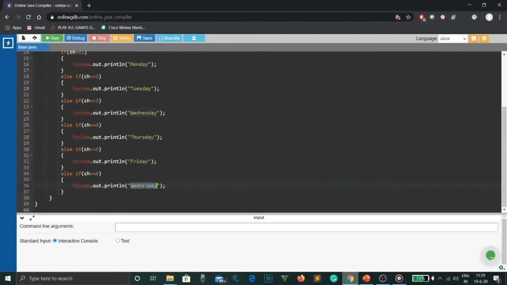So for example, if you're taking a user input, then we can always write something like please type something between 1 to 7. It's just to make you understand. Here it's not needed because we are already giving a value to the ch variable. If we are taking an input from the user and they go out of range, then we need to pass a comment that please write it in this range. So I'm using this else like that, and I'm writing System.out.println please type something between 1 to 7. If the user has not done that, this statement will be printed.